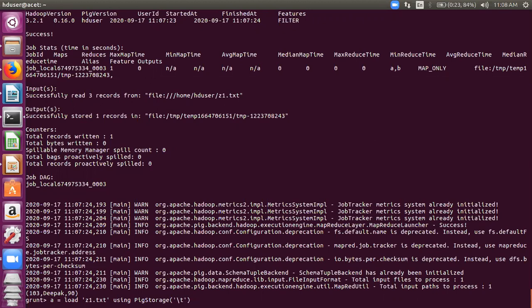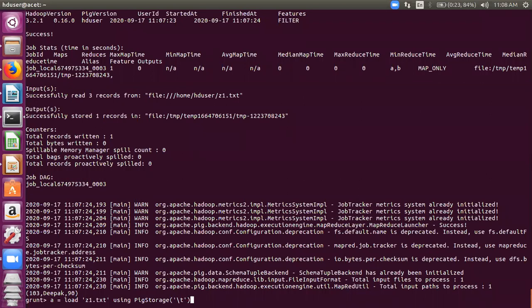So the load also contains a place for you to specify what function you would be using. If you are using Pig, the function name would be PigStorage. If you are going to access some other system like Hive, or HBase, or JSON loader, many functions are there. Since we are concentrating on Pig, our default function, even if we don't mention it, is PigStorage, P capital, S capital.